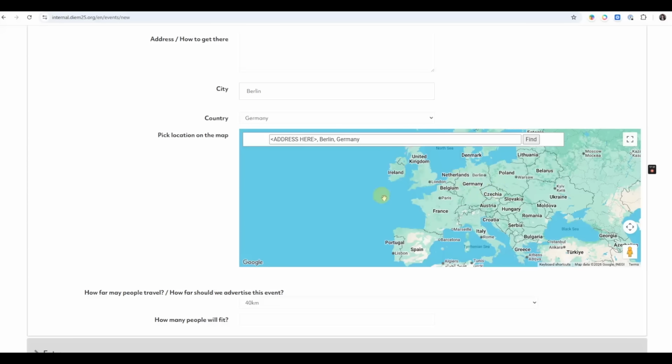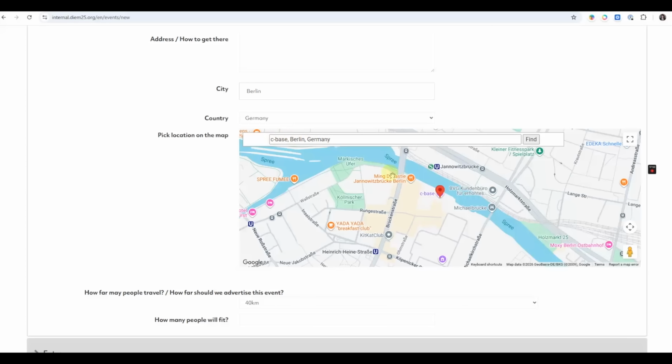And you get the list of participants, and you get an interface where you can email all of your participants at once using the same newsletter infrastructure. It's very important to place your event on this map, but you don't have to zoom in and try to find the place. You can just put your address and then click find. So if you put in an address like this, it will also automatically find it for you.